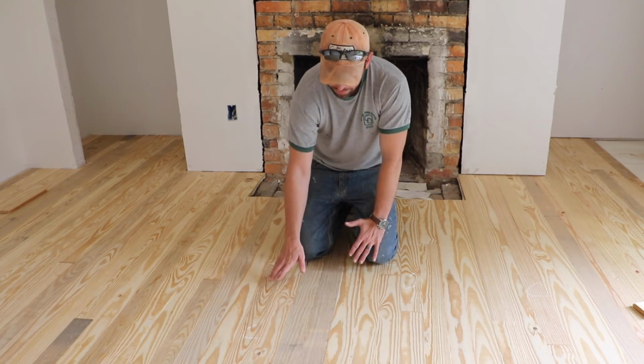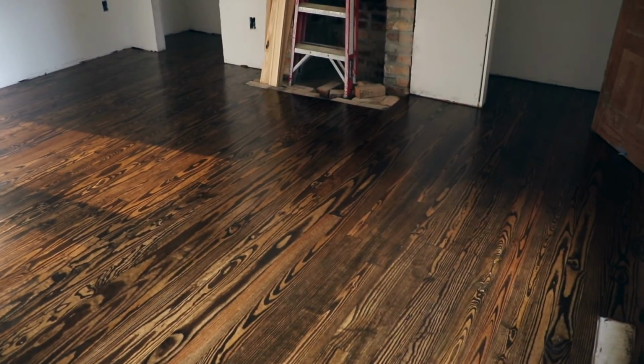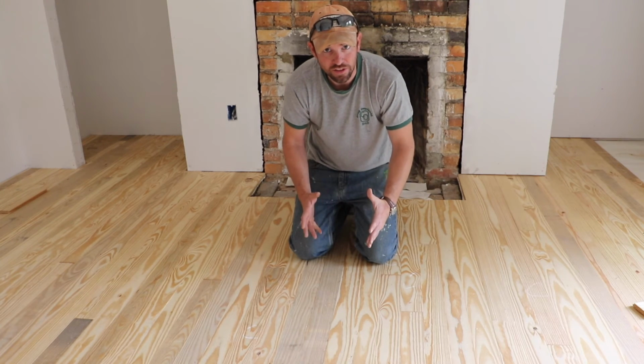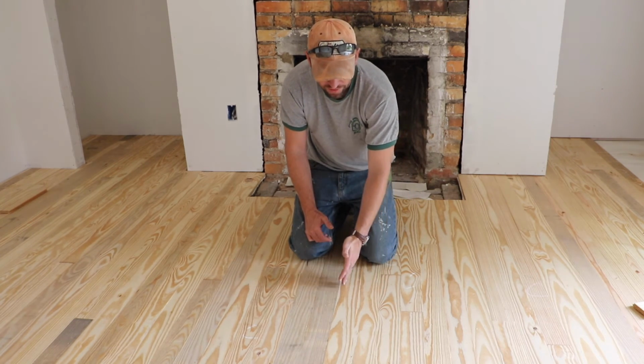When we're done with this, we're going to sand all these down, and all the boards will look relatively the same. And when we go to stain it, that's when we're going to start seeing some of the coolness come out of the floor from having the different sections. So we'll get to finishing it later, but for now, one of the things you need to pay attention to is how you want this floor laid. Do you want your straight line shots, or do you really kind of want the staggered look that we